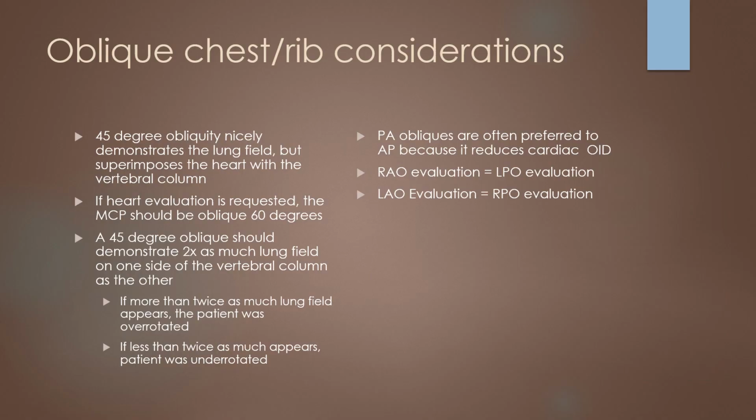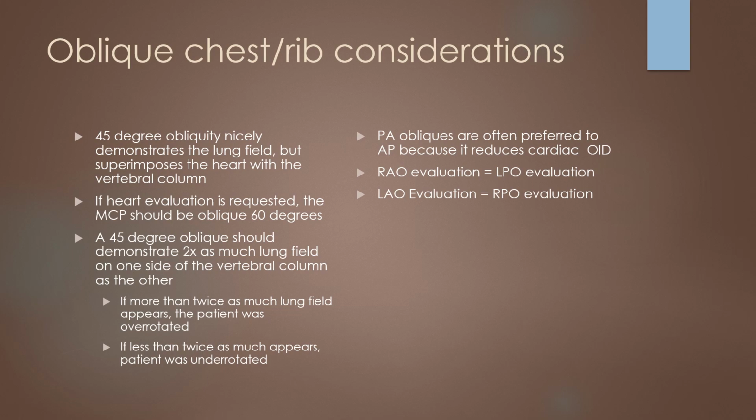So now we're going to move on from our PA and AP chest projections and start looking at some oblique chests, and that is going to overlap with our oblique ribs. Most of the time, it's pretty rare to do an oblique chest, so most of these criteria you're going to be applying to the ribs more often than not. Whenever we're doing an oblique of the chest or ribs, we want to use a 45-degree obliquity. The reason we do that is it's going to demonstrate the lung field, and it is going to superimpose the heart with the